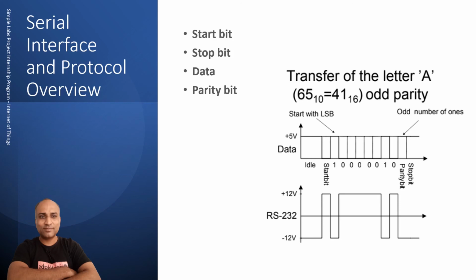Data is always sent out LSB first, if you look at it. So 1 is 0001, you can see 0001, and 4 is 100, which is 0100. So you should read it like this and never like this when looking at a serial communication line. We'll look at more of this.